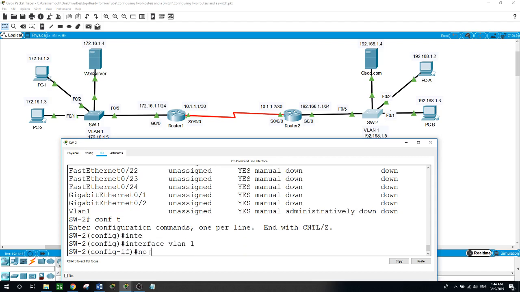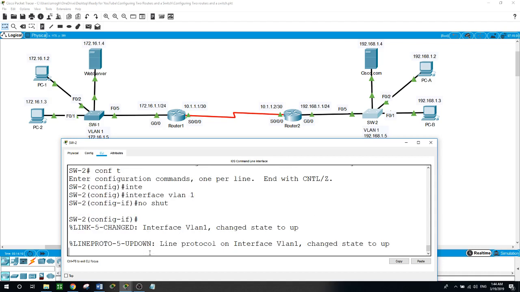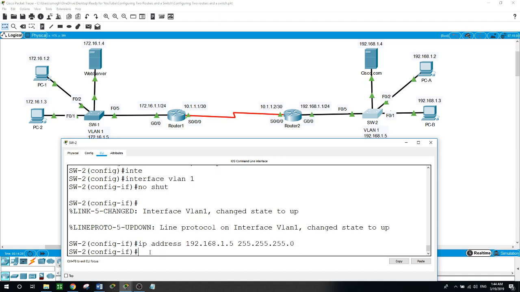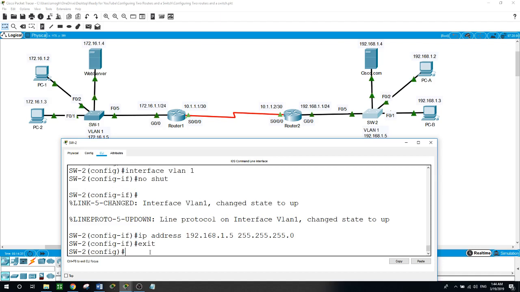First I'll do a no shut to open the port. Now it changed the state to up, and then I give it the IP address, as it's showing here, of 192.168.1.5/24, 255.255.255.0. And also for switch 2, its default gateway, just like the rest of the devices on the network,